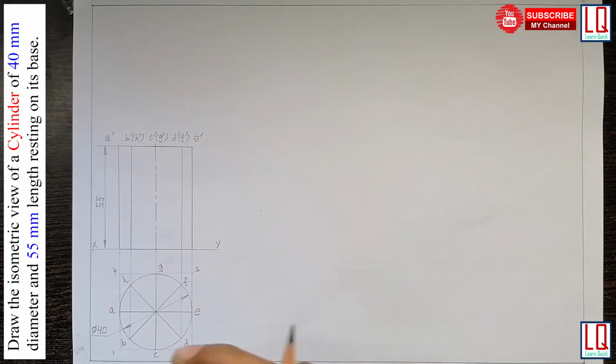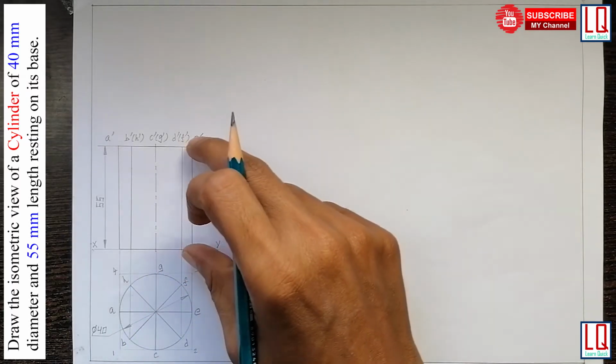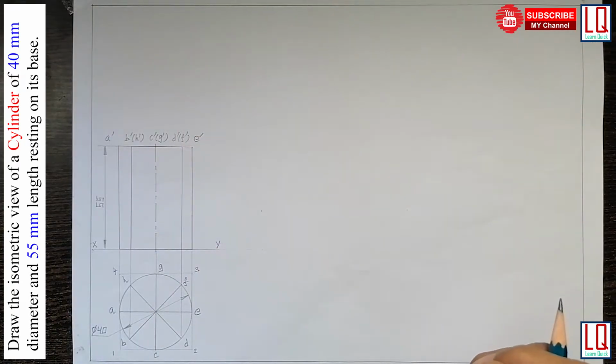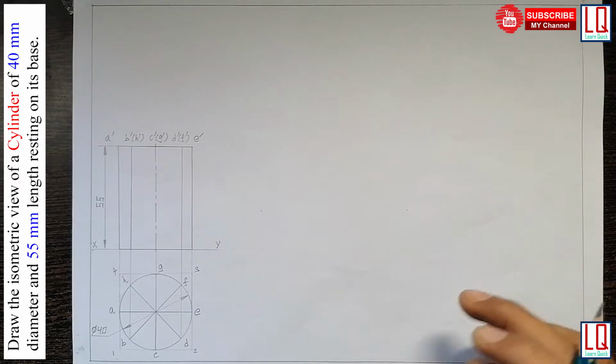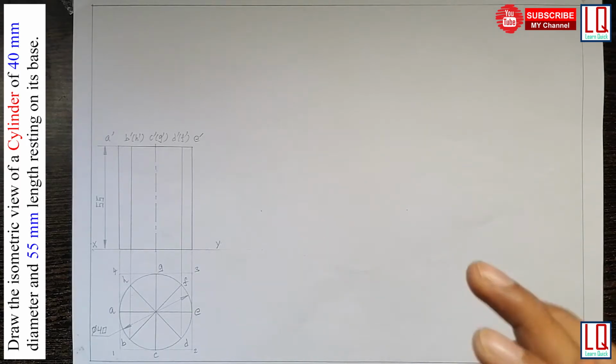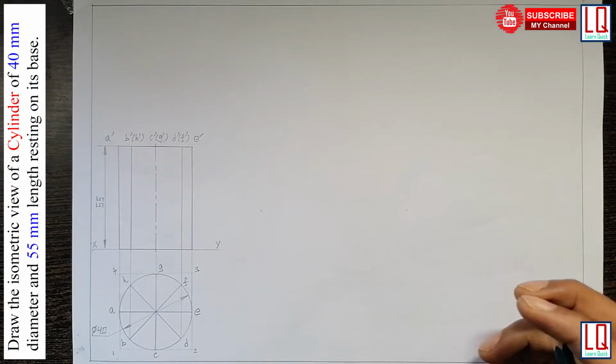Now we have to measure the length and breadth of this enclosed box, and then measure the height of the solid. Using these 3 data, we are going to construct the isometric axis for our isometric projection.